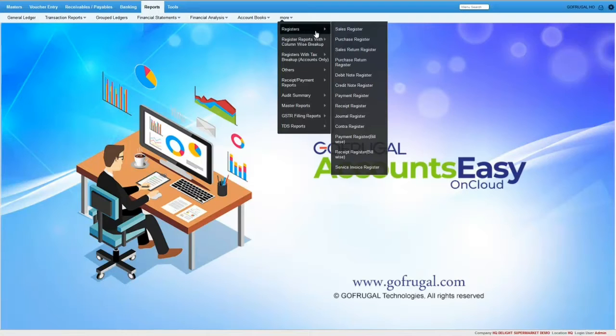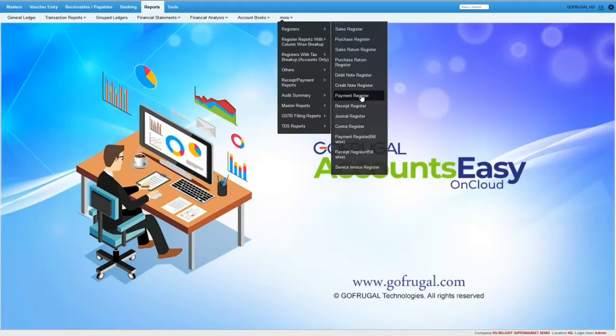Based on register reports, you can find the sale register, purchase register, and payment register. Based on the entries, you can find the report here. So I will show some sample reports to you. In this report you can find how to hide or enable a column, group a column, select the range between dates, and select the tran year. All these conditions will be shown here.